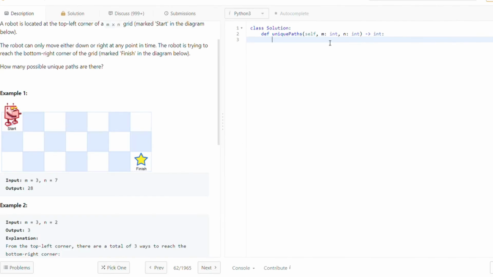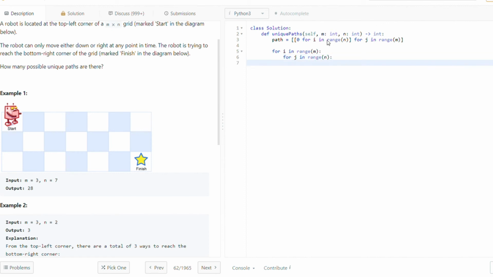Right. So in order to solve this question, I'll create an m cross n grid matrix whose value is initialized as 0, where the value of each cell is 0 initially. So we can just add it, right? So this will give us an m cross n matrix. Now let's try to solve this. So I'll try to traverse all of them. Now this way I have traversed all of them.